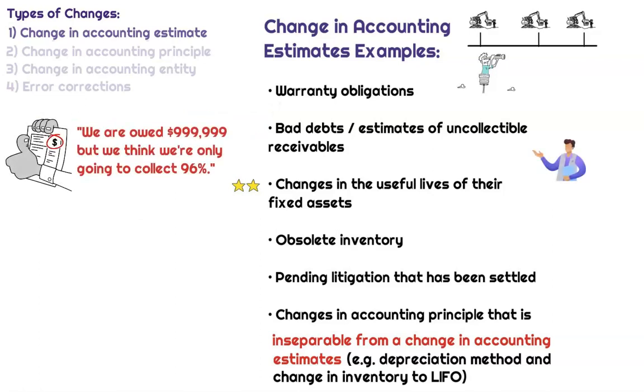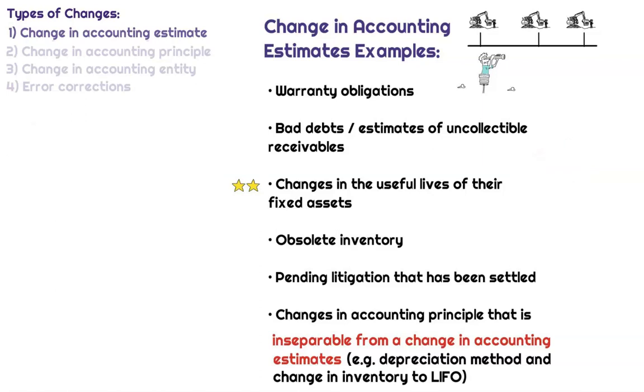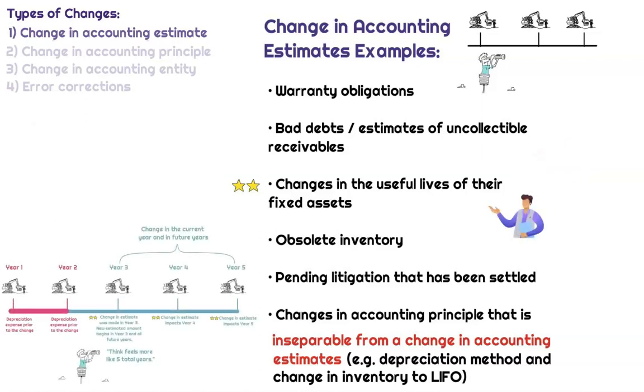Okay, so same goes for estimates of uncollectible receivables, aka bad debt expenses. All right, so because we sell something on credit doesn't necessarily mean that we're going to collect everything. So we need to estimate the portion that we don't think we're going to collect from these receivables. That estimate is often made based on prior historical information, right? How much did we collect in the past? All right, but it's going to fluctuate sometimes. And the one we're going to go ahead and star, again, is changes in useful life of fixed assets. This is an example that they love to test. All right, we're going to come back to that at the bottom of this list as well.